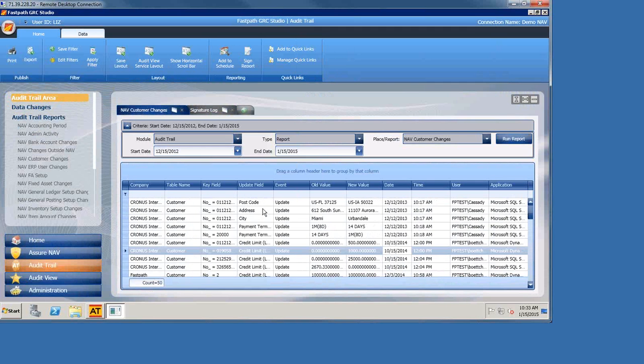It's not enough for them that you're tracking the changes. They want to make sure that you're reviewing the changes, and they probably want to see that review done on a periodic basis. So in the signature log, if you're going in and reviewing those reports weekly and you're signing off on that, you'll have that log that says, okay, the week of January 12th, it was signed off on. The week of January 19th, it was signed off on. The week of January 27th, it was signed off on, etc. So you can have that because it'll show the date parameters of the report being reviewed.